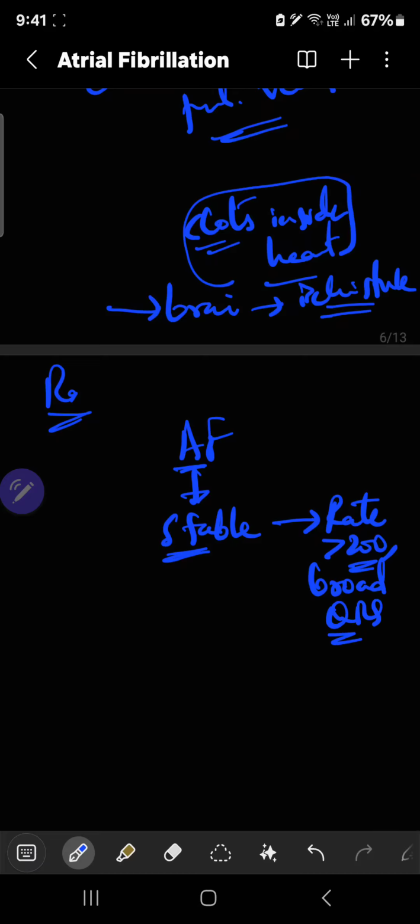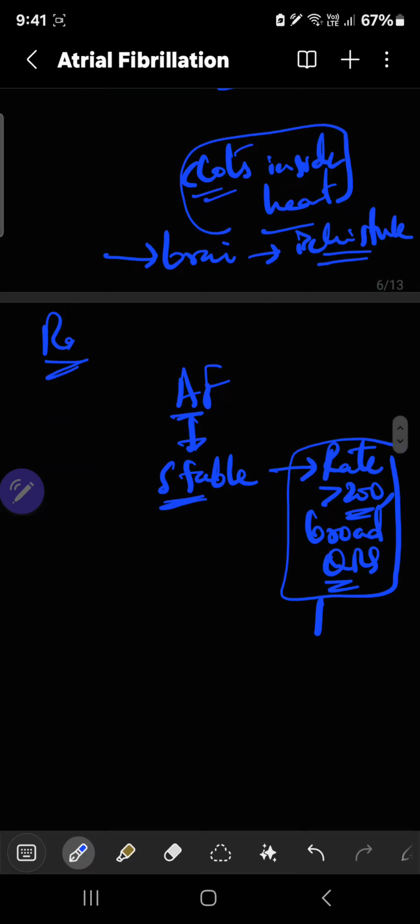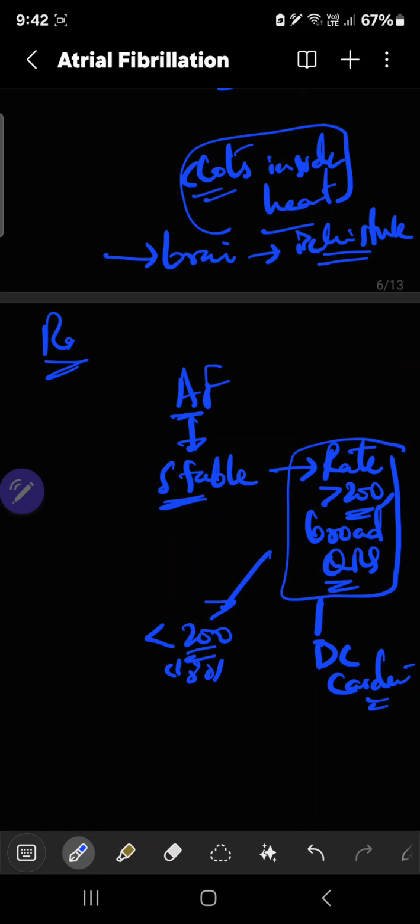Rate of more than 200 and broad QRS complex, you have to do DC cardioversion. And if the patient is stable and the rate is less than 200, like 180 for example,